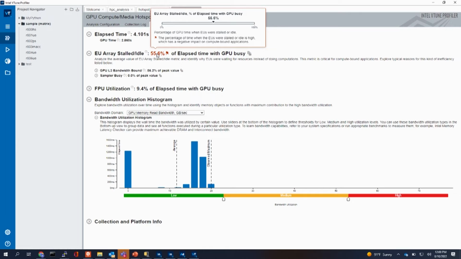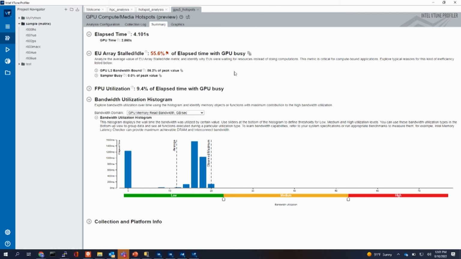as you can see, vTune has some useful information. I guess it's not that useful, but it is kind of a nice graph. Let's dig down a little bit deeper. If we click on the graphics tab,